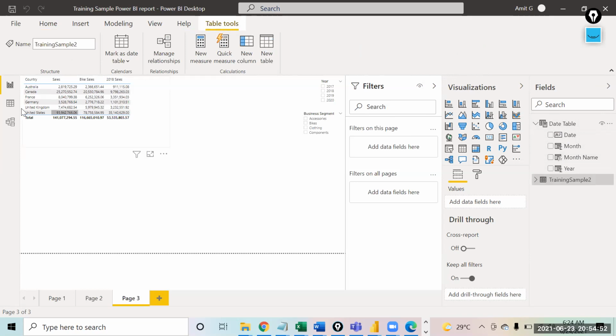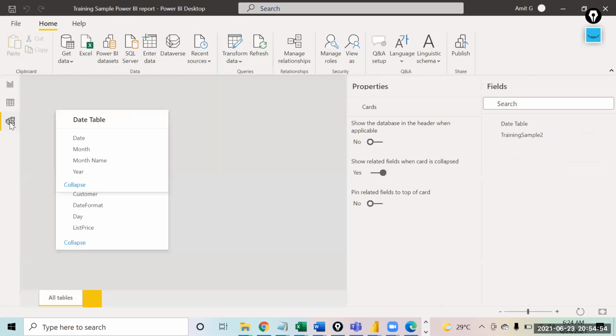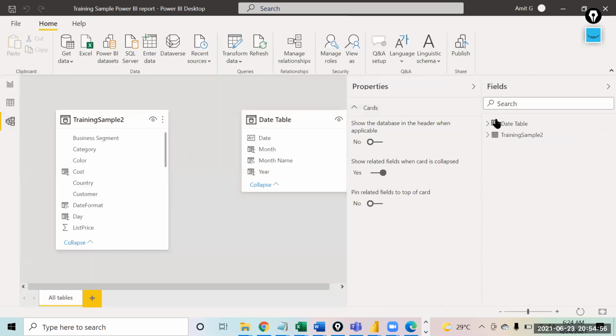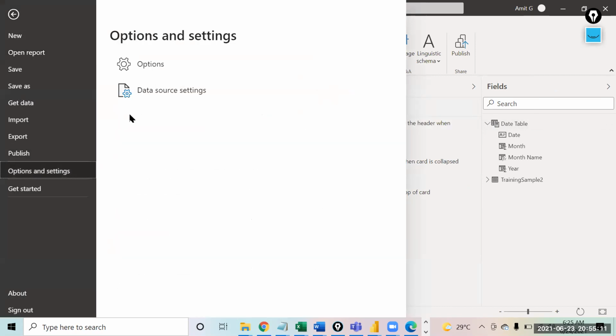So we made this date table yesterday, right? And we would have made a relationship also, right? So we actually have to start from here this time. If you remember, we turned off one of the settings from the options and settings.